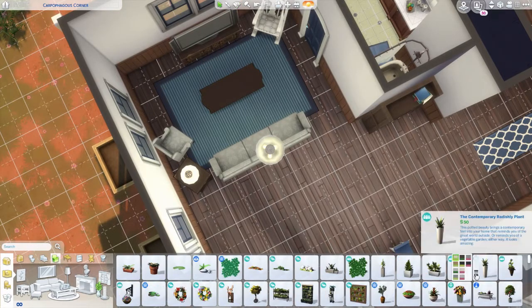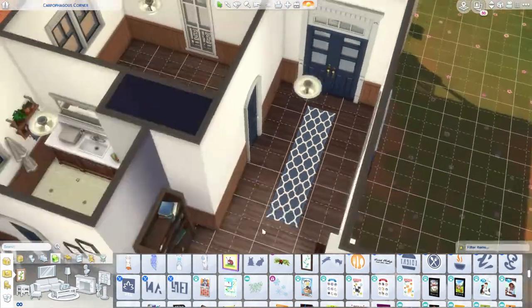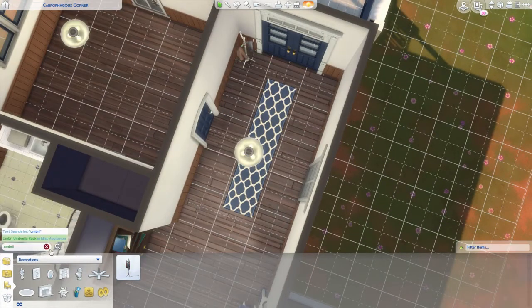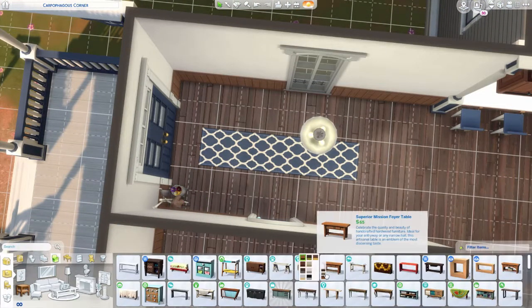Just a rocking chair, couch, a plant, and a TV. And that's about it. I did put a bookshelf in here for skill building reasons, obviously. And in terms of skill building, there is the bookshelf, there is a chess table, and there are